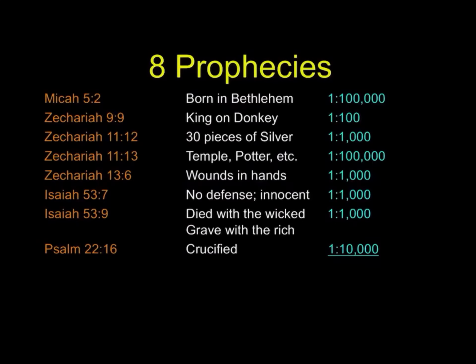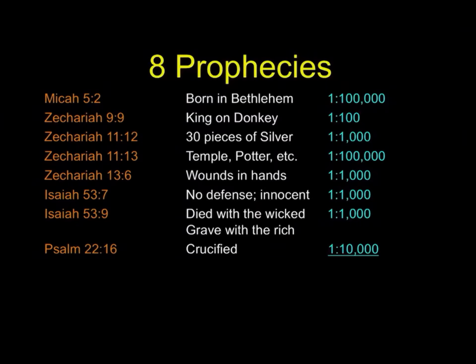Well, that's a dilemma, because now we're dealing with composite probabilities. And for the purpose of this discussion, we'll assume that these things are randomly distributed. Let's take a look at these 8 prophecies. I've made them in powers of 10, so multiplying them just becomes a question of adding up the zeros. See, 1,000 is 10 to the third, and 100 is 10 to the second, so 100,000 is 10 to the fifth. 2 plus 3, you with me? So all I need to do is add up the zeros.